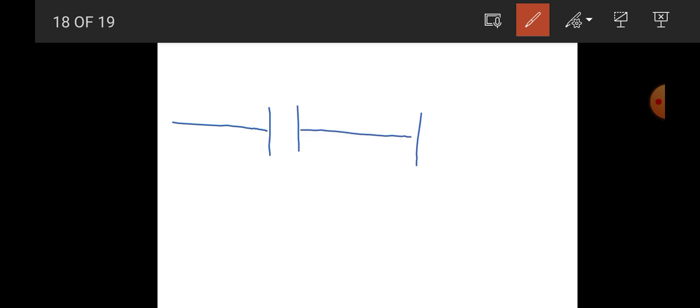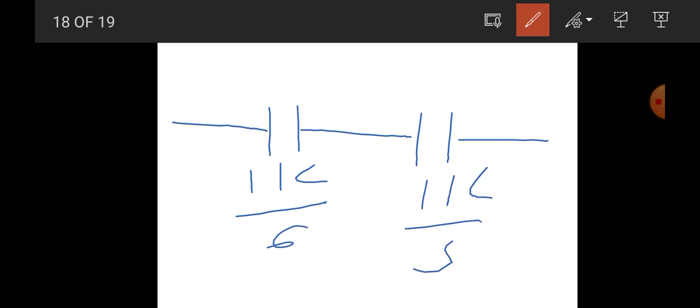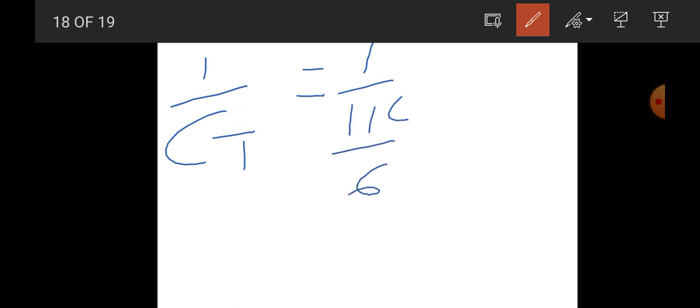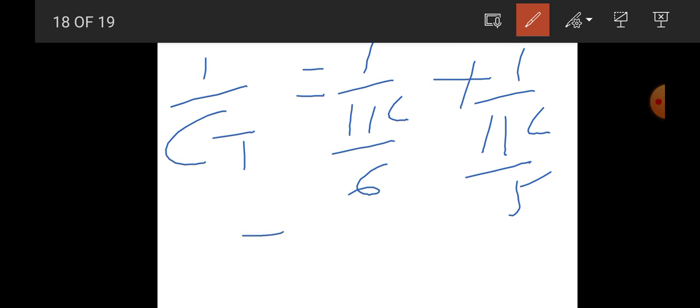this እንደዚህ ይሆናል ማለት ነው። ይሄኛው 11c/6 እዚህ ጋር ያለው 11c/5 ይሆናል። በሲሪየስ መልክ ናቸው እነዚህ። በሲሪየስ መልክ ስለሆኑ ምን እናደርጋለን? 1/c ኢፌክቲቭ የመጨረሻው ነው ይሄ c ቶታል ማለት ነው 1/(11c/6) plus 1/(11c/5) ይሆናል ማለት ነው። ስለዚህ this is equal to